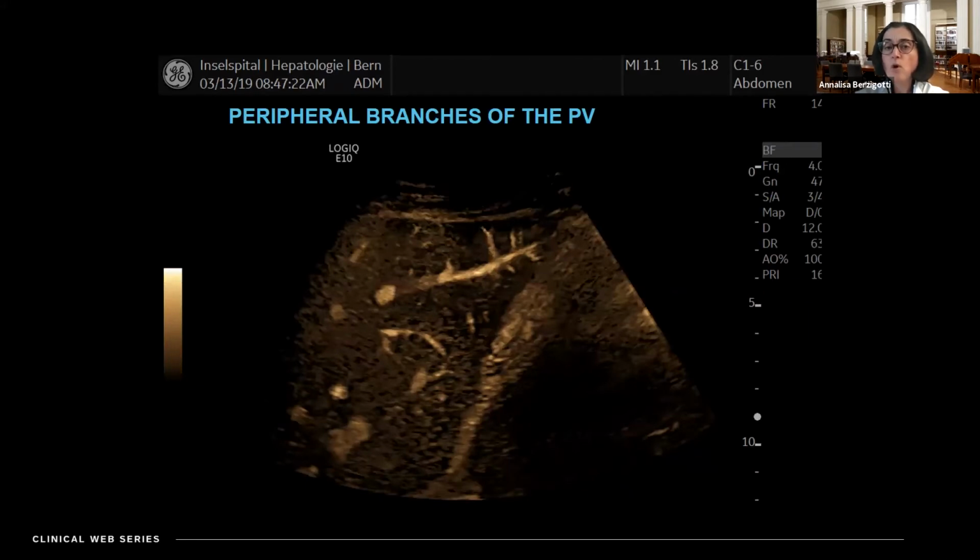And for those of you who are interested in the rare vascular liver diseases or intrahepatic causes of portal hypertension, you might remember that the so-called portosinusoidal vascular disease or idiopathic portal hypertension is characterized by abnormal morphology of the peripheral branches of the portal vein, which I think you might be able to study in a very simple way with this technology.